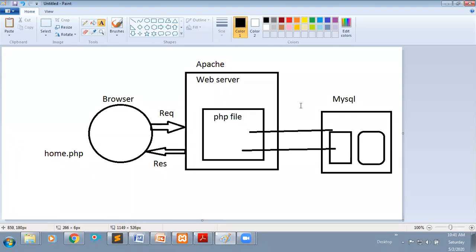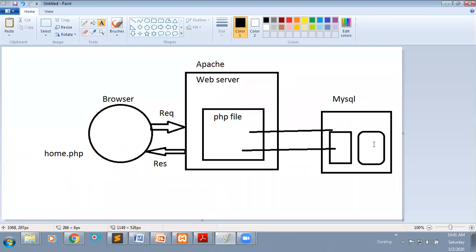In databases, our data is going to be stored in the form of tables. Within this MySQL server, this is one database and this is one database. Data is stored in a database in the form of tables.